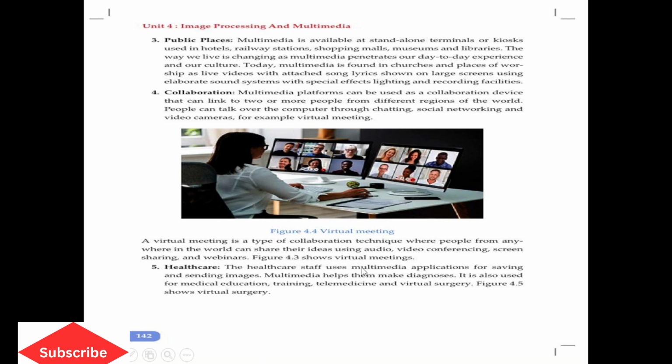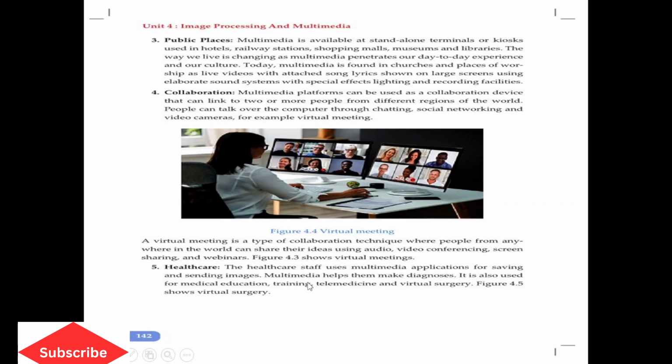It's possible to use multimedia files in healthcare to save patients or to exchange information related to the healthcare sector. It's possible to exchange images or ideas from one hospital to another using the technology.